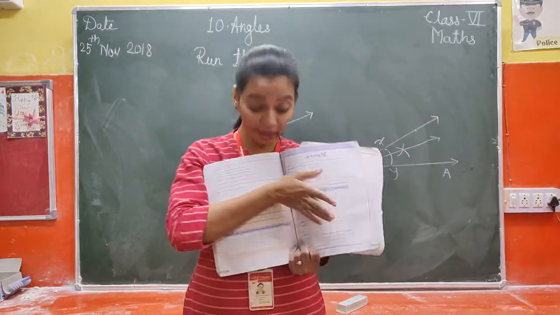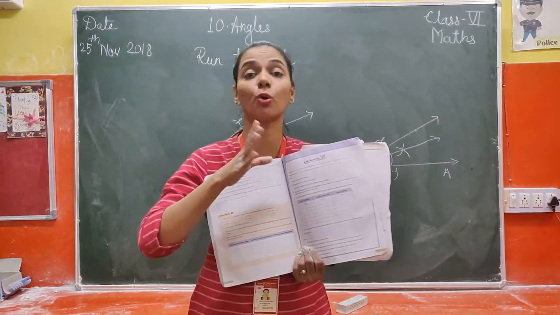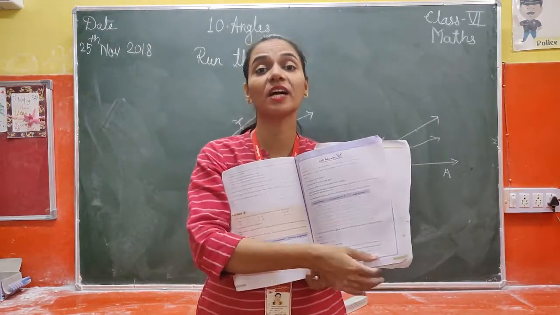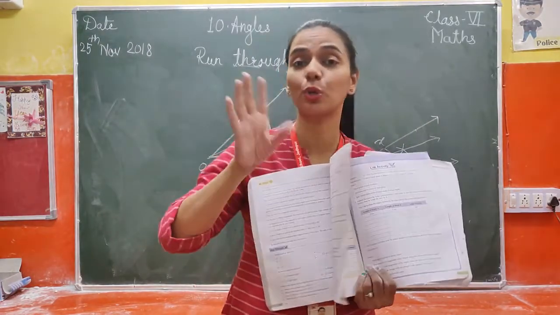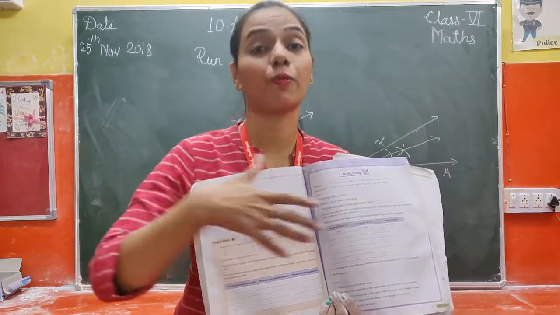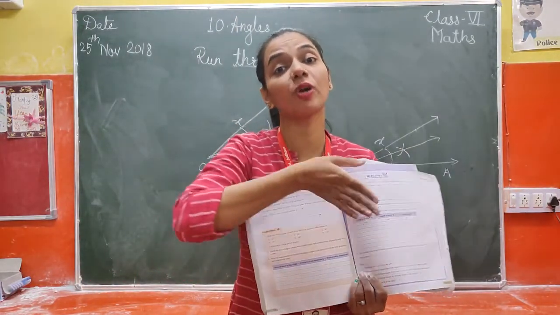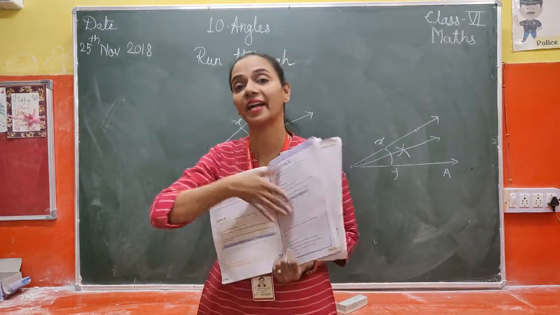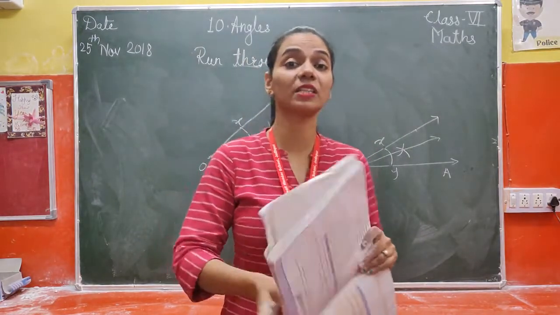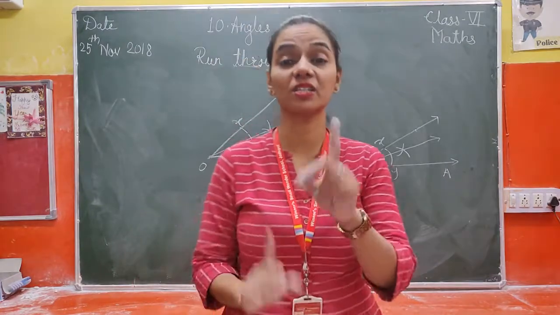और जो क्वेश्चन होता है उसके साथ ही उसका फिगर होना चाहिए. Don't do it that you have written the question here and your figure is somewhere else. No. Question के साथ ही your figure should be. If you have a small space, then don't use it. Wherever you write a question, you have to draw the figure at the same place, right? So this is the method to do, and I hope you can construct.